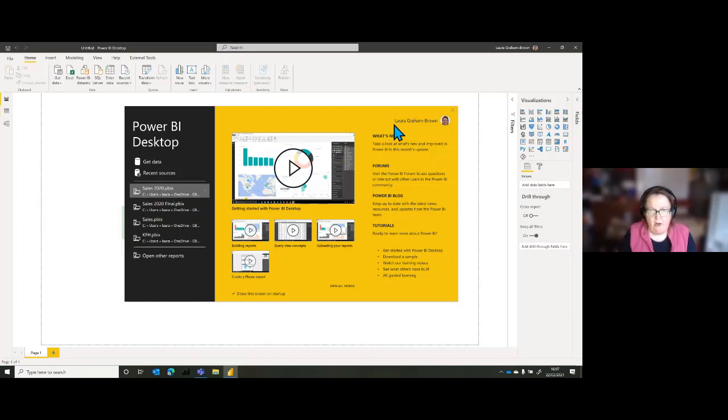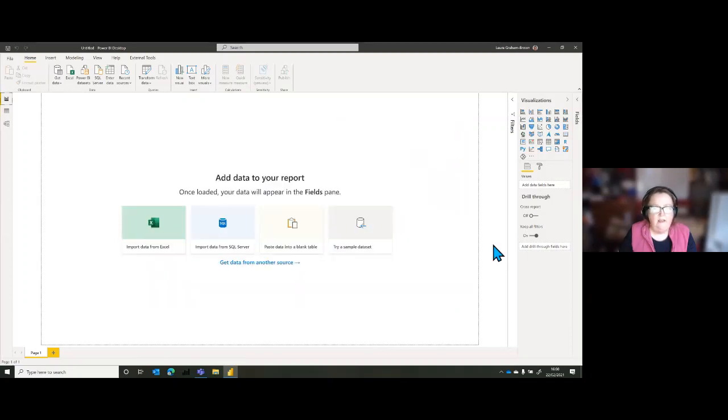Also, there is an awful lot of things in here. Microsoft have provided all sorts of tutorials, etc., and these are all links. So this isn't just information. These are links. Go and have a look. Go and have a play. And the guided learning, I highly recommend. But I'm going to close that for the time being. There's nothing in here to do at the moment because we've not got any data. Okay, so I'm going to jump straight in to getting some data.